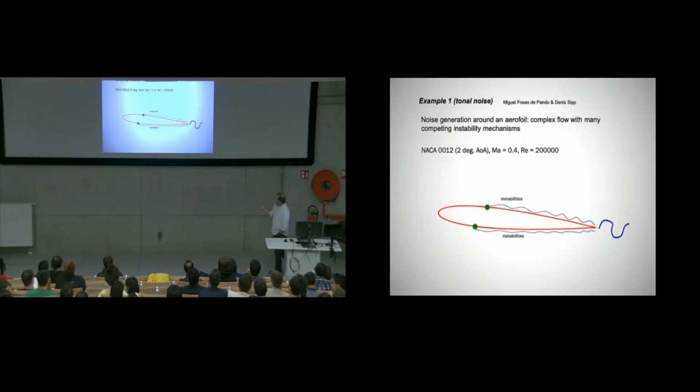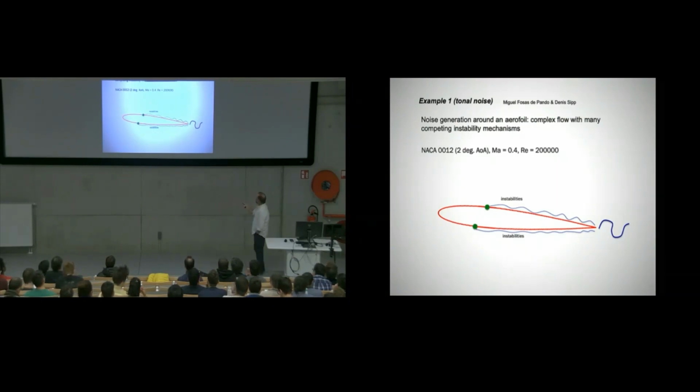So this is the setup. You have an airfoil, NACA 0012, at 2 degrees angle of attack. The Mach number is 0.4 and the Reynolds number is 200,000. That puts us into the glider range. It's not an airliner; you don't see this phenomenon on an A380. But if you have a glider airplane, that's about the range you have. And if you're a glider pilot, you actually know about tonal noise. Or wind turbines: the annoying noise that wind turbines make comes from an instability like this. So this is how it goes. We have an instability of the boundary layer on top, and we have an instability of the boundary layer on the bottom.